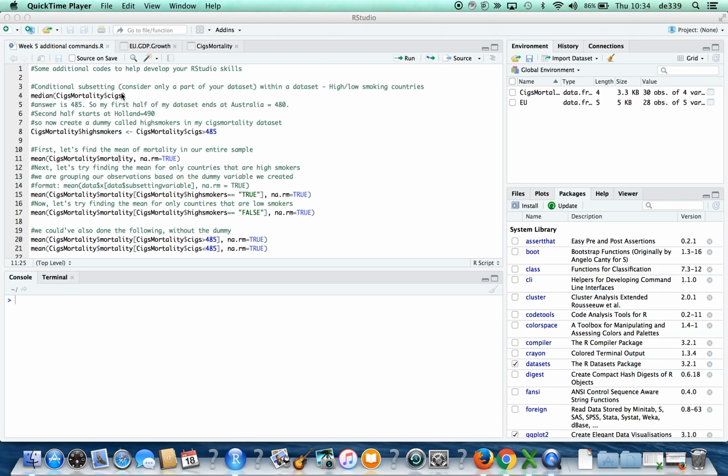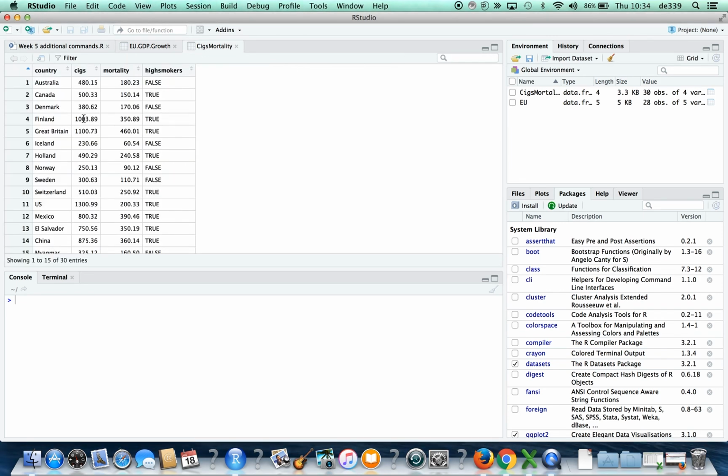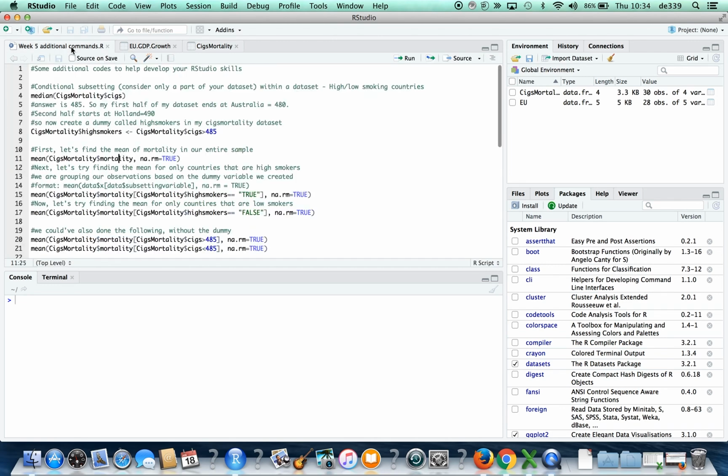So again, I'm using my SIGS mortality data set. I want to break my data set into two equal halves based on how much cigarettes they smoke. Are they smoking less cigarettes or are they smoking a lot of cigarettes? So in order to find out the middle, that's why I first want to look up the median of the cigarettes variable in my cigarettes and mortality data set. Let me run this command here. And so this is the median cigarette consumption value in my data set,